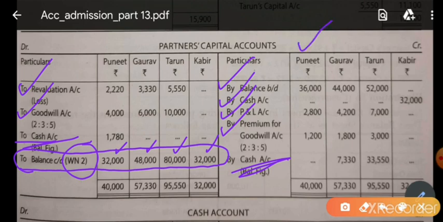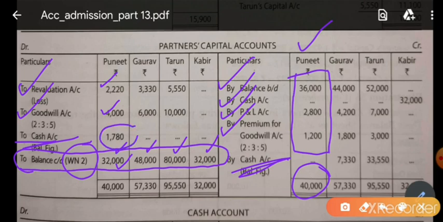So for Mr. Puneet, first of all, total the credit side, total is coming 40,000 and minus the debit side. So what you will minus? First amount, second amount and third amount. Only three amounts we have written till now. So you will find that 1,780 rupees is coming less on the debit side. It will come less, and whichever side comes less, that side only we write the balance.